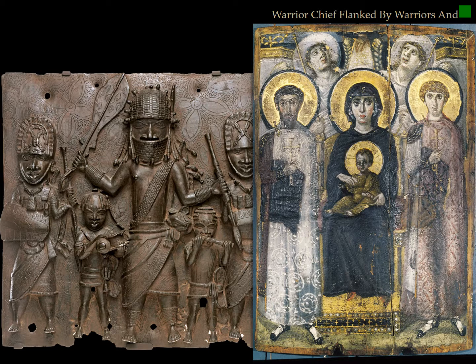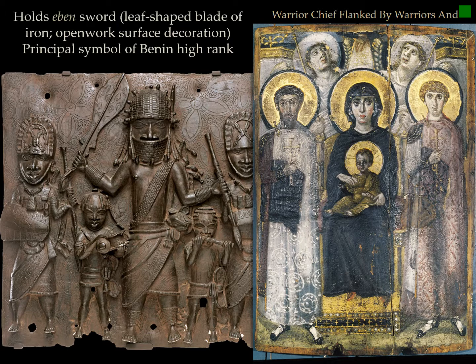Now, the design of a frontally facing ruler with attendants on either side of him is very akin to the hierarchic approach to icon painting in the West in Christianity, where the most significant and powerful individual, and certainly this includes temporal and spiritual power, is going to be situated in the center of the image, staring directly out at the viewer. In this instance, holding the accoutrement and the symbols of their power in this blade and spear, whereas the others that support this ruler are going to be flanking either side.